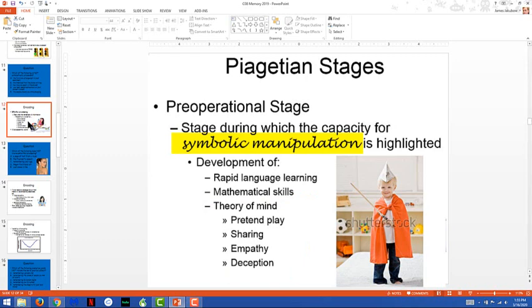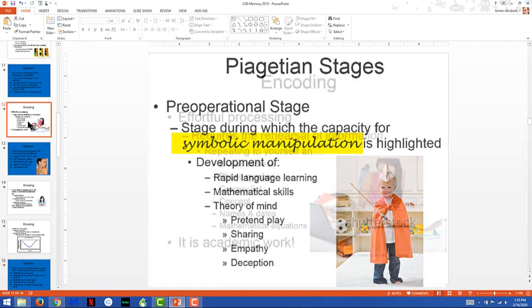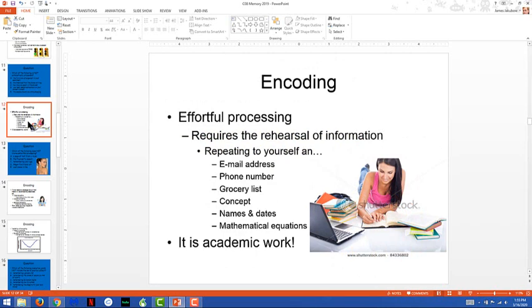And you're seeing symbolic manipulation come back to you again, which is not a surprise because you're still dealing with the same brain, and so the same principles keep coming back to you, given that we're dealing with how behavior is managed. So email addresses, made up of letters and numbers, a dot, an @ sign, other types of symbols possibly, phone numbers, strings of numbers, those are all symbols, grocery lists, those are all words, words are symbols, concepts are just broader